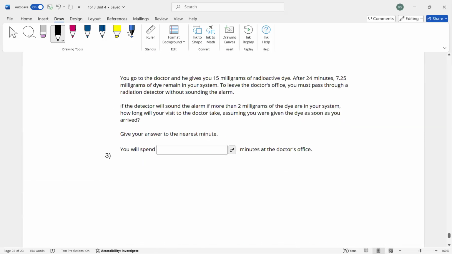Question number 3. You go to the doctor and he gives you 15 milligrams of radioactive dye. After 24 minutes, 7.25 milligrams of dye remain in your system. To leave the doctor's office, you must pass through a radiation detector without sounding the alarm. The detector will sound the alarm if